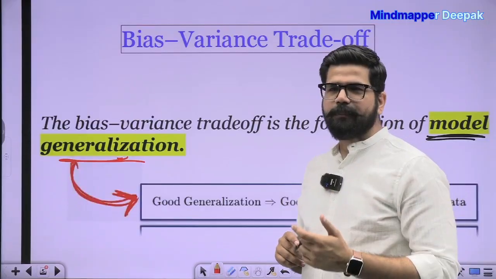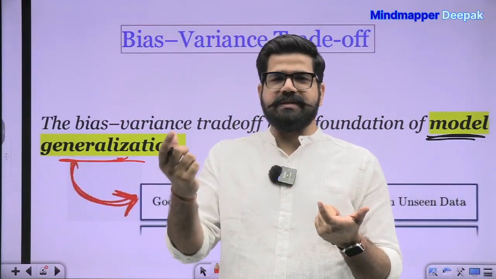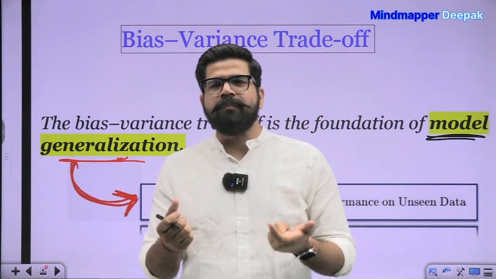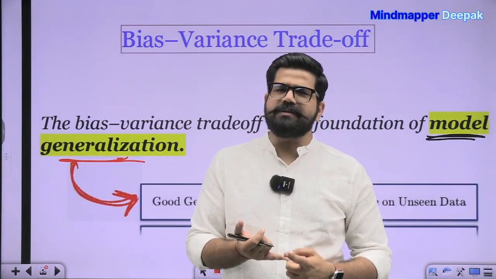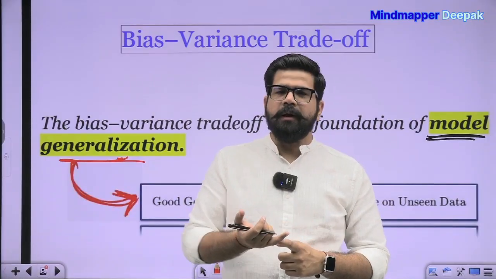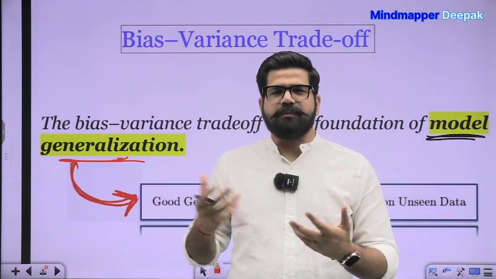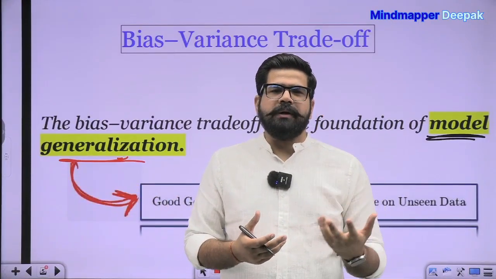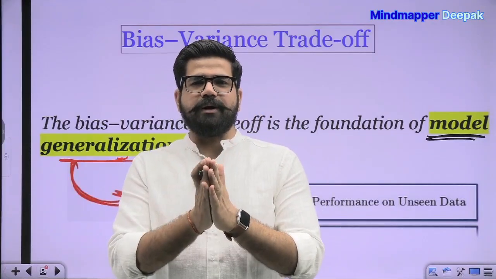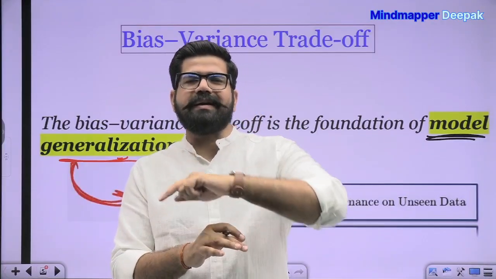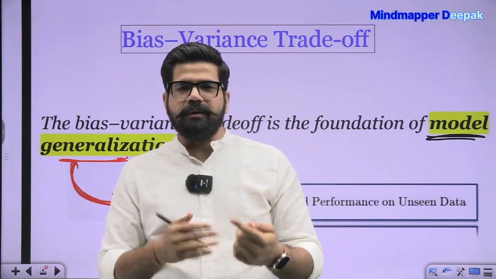Keep in mind, for example, I am making a machine learning model which is generalized to all the diseases which occur due to fatty liver. Maybe this is diabetes, maybe it is BP, maybe sugar, maybe heart attack, epilepsy, and lots of other diseases which can be caused due to fatty liver or obesity. Then how can you make a generalized model which can detect all these diseases? This can be done by a generalized model.